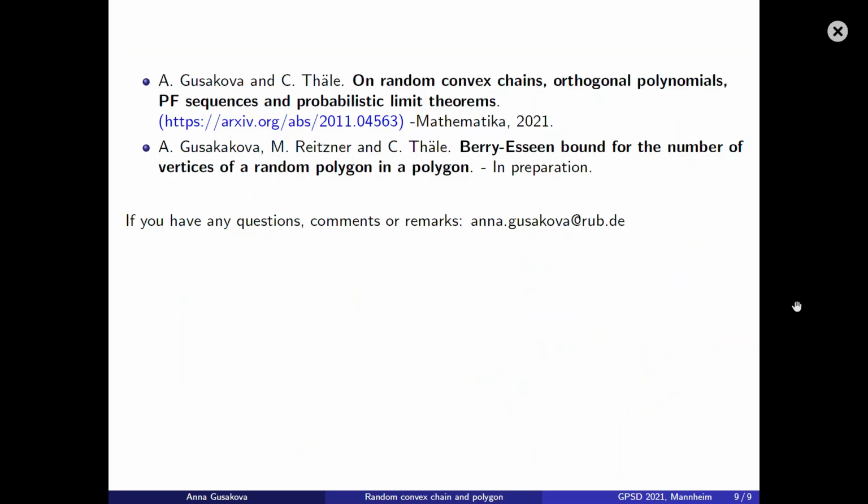Some more results about random convex chains can be found in this article, and we are still working on the Berry-Esseen bound for